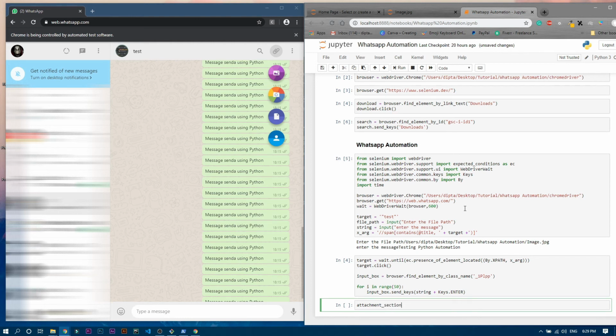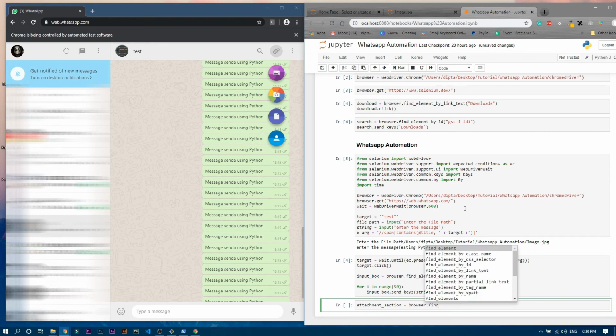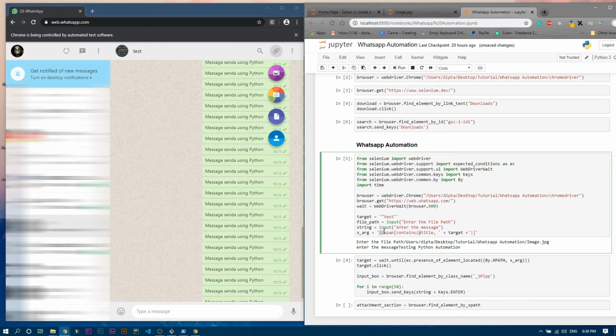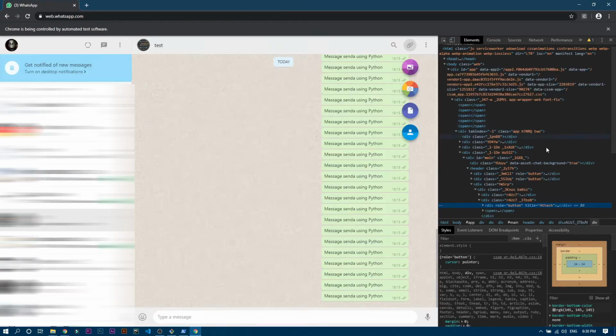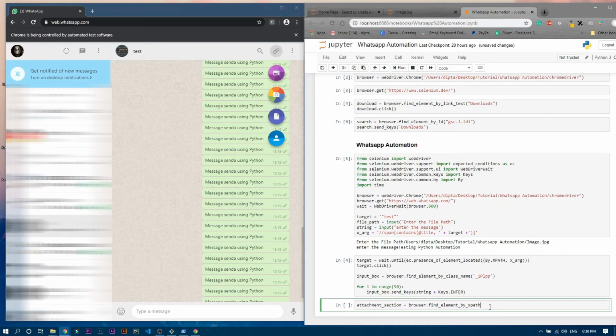Okay, you can write whatever you want over here, and that will be nothing but browser.find_element_by_xpath. We have to write the path like this: forward slash span, but here it is actually div. Let me see that again. Yeah, it is actually div and the title is attach, right? So we write a parenthesis, then inverted comma, forward slash div, because it is now div, not a span, and then a box bracket, at the rate title equals attach.